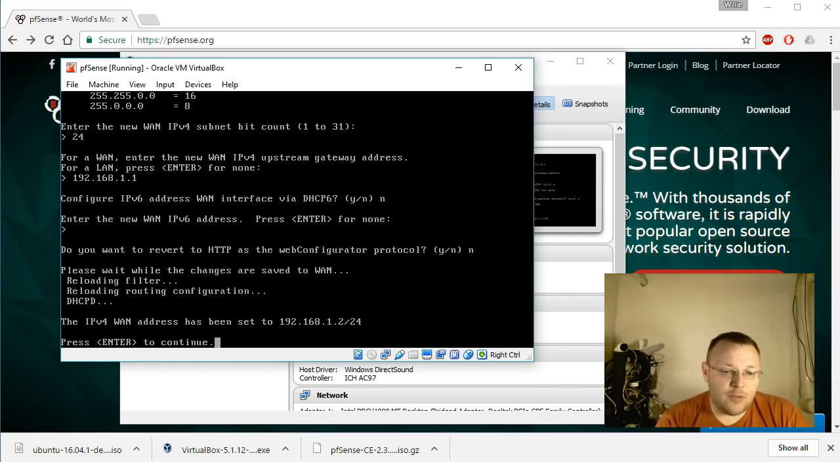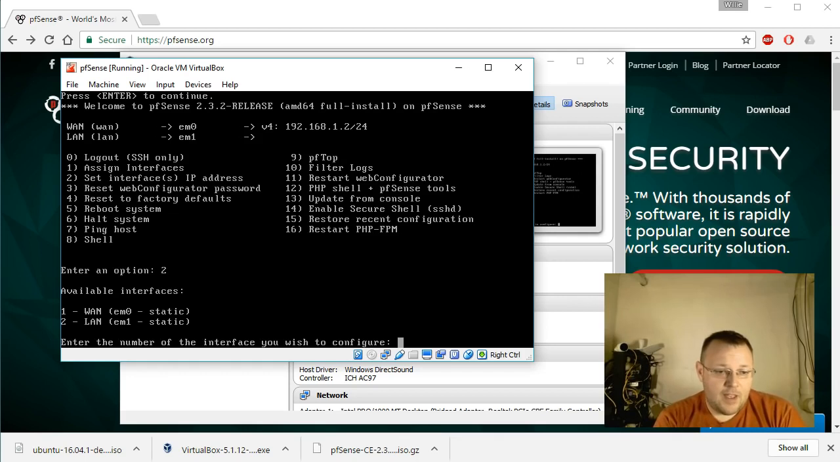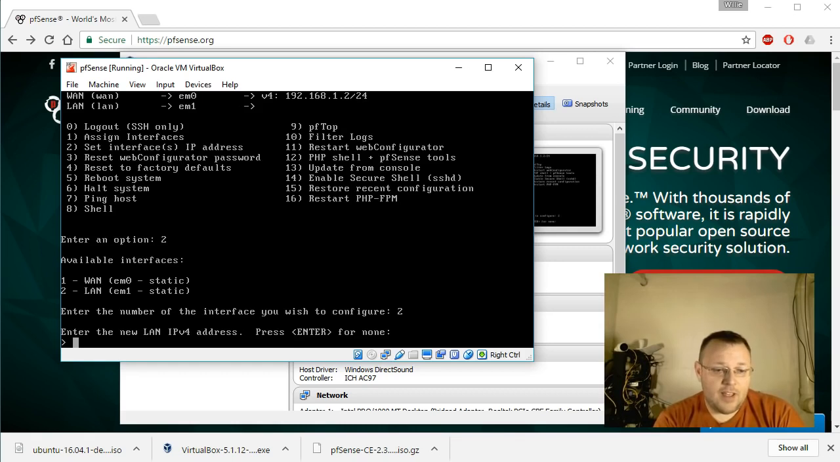Okay, the new IP version 4 WAN address has been set to 192.168.1.2. That's fantastic. So now the next thing we're going to do is set a LAN address, so that way we can connect a virtual machine to it and start configuring pfSense. So the next thing that we're going to do is hit number 2 again, and we are going to this time select number 2 for the LAN, which is EM0